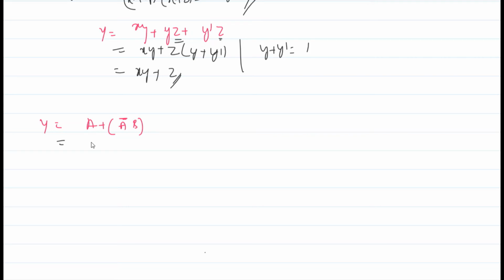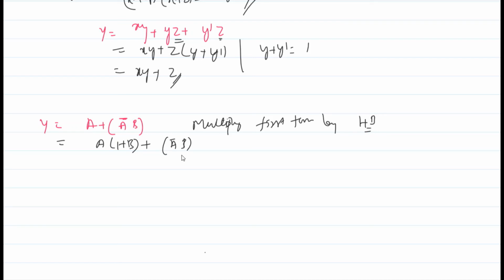Okay, in the first term only a is there, so I can multiply the first term by 1 plus b. It means 1, right? So a into 1 plus b plus